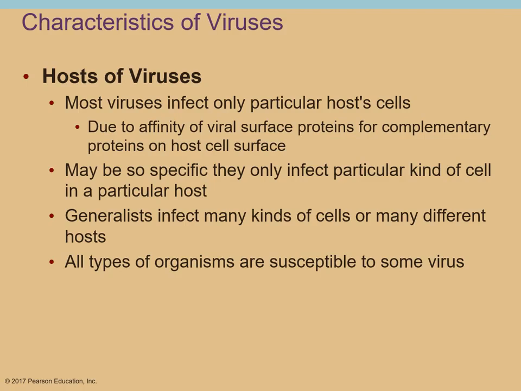If that docking station is not there, if that receptor is not there, then the virus cannot attach to that particular cell, and it's going to move on until it finds one that has the appropriate receptor. This makes it very specific. Some viruses are a little bit more general in the number of host cells they can infect, and some are very, very specific. As an example,